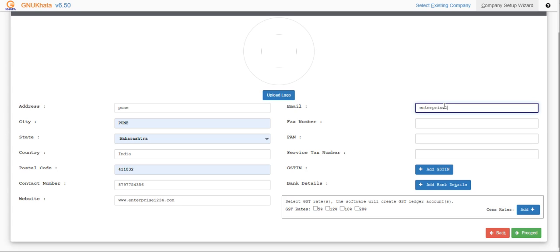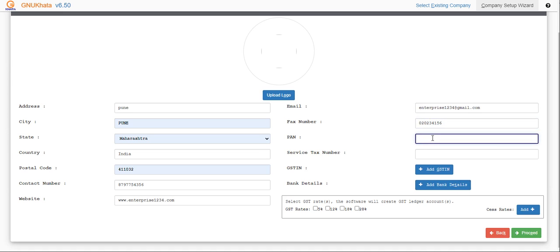My mail ID is enterprise1234@gmail.com. Okay. Then your fax number. Suppose I am giving the fax number as 0202234156.